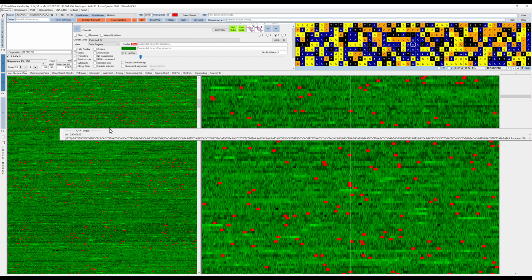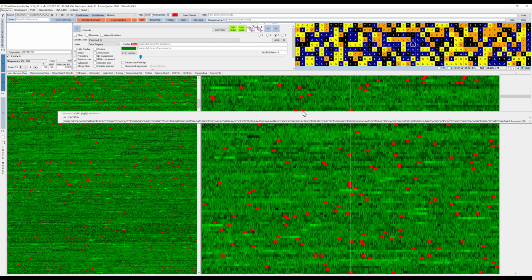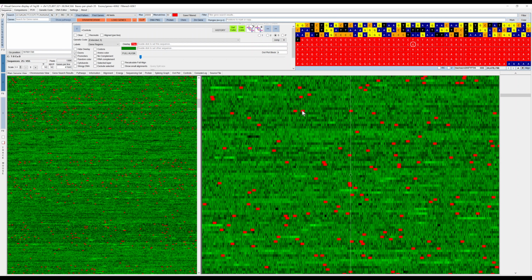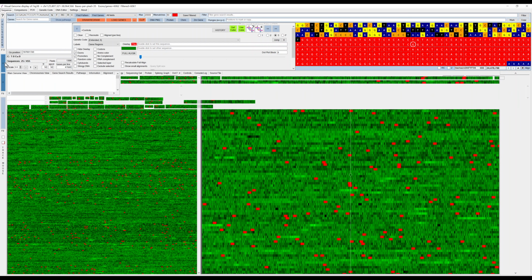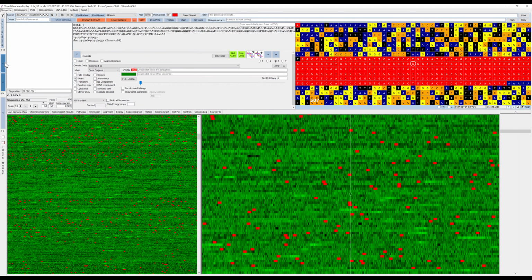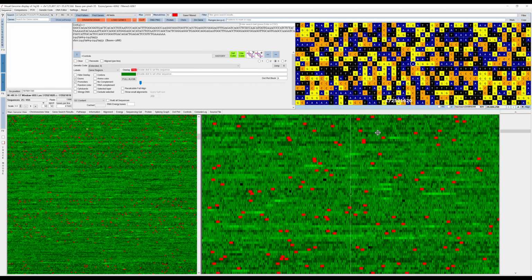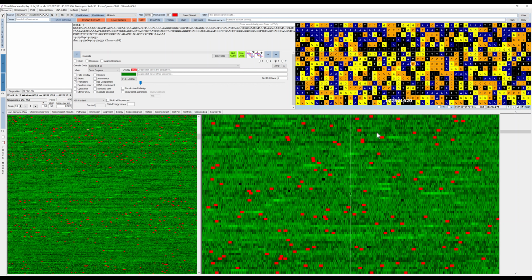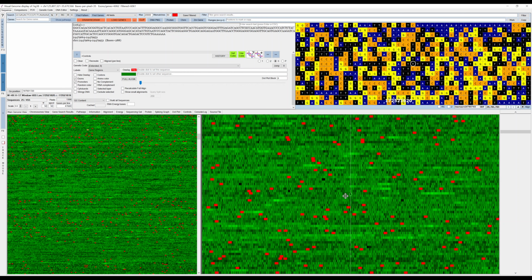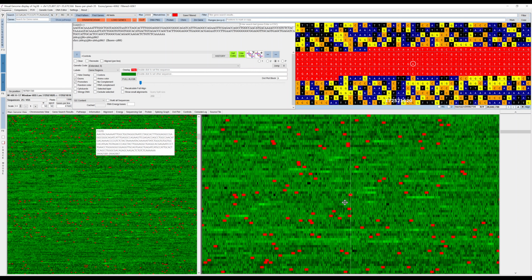So if you right click on any of them, it shows you the specific sequence. It allows you to copy it to the clipboard, each of these as well. So if you double click here, it goes to that specific location. So in this way, you can search for any sequence in the genome and with a specific number of mismatches. The more mismatches you allow, the more it's gonna take time.